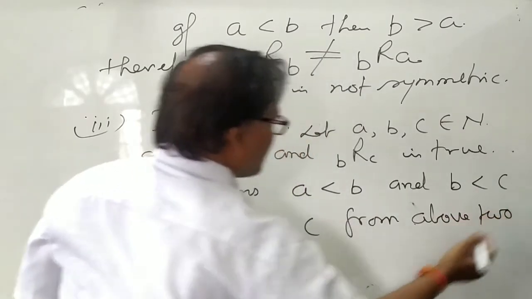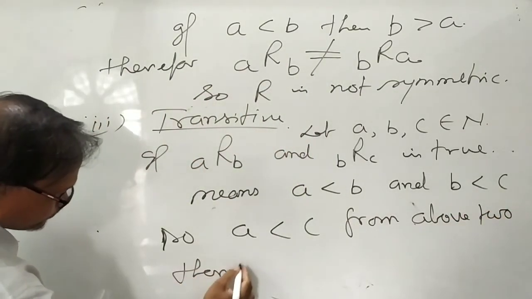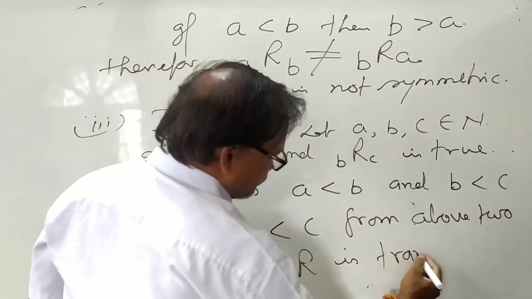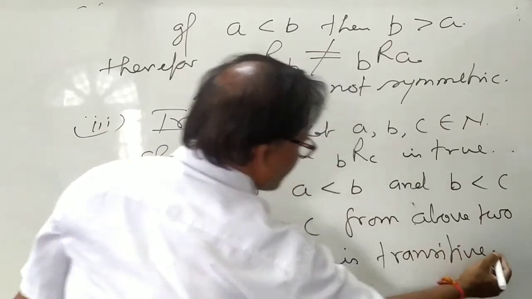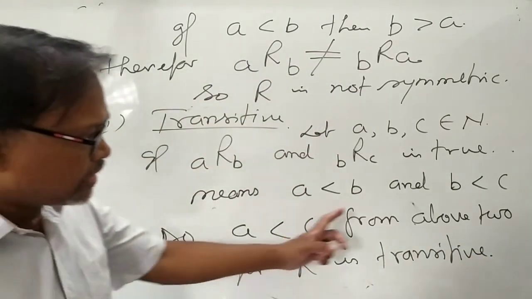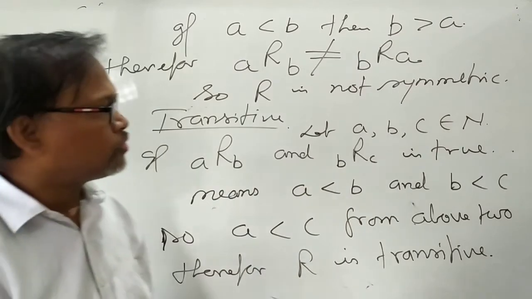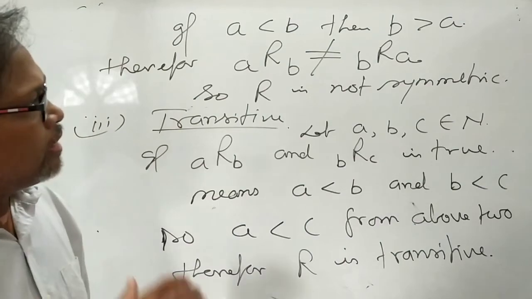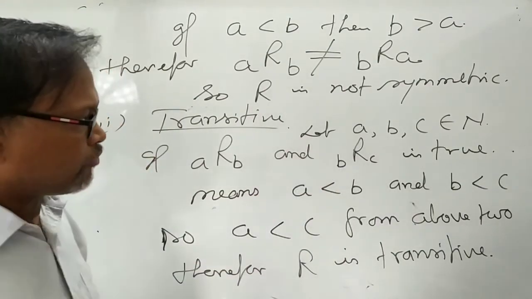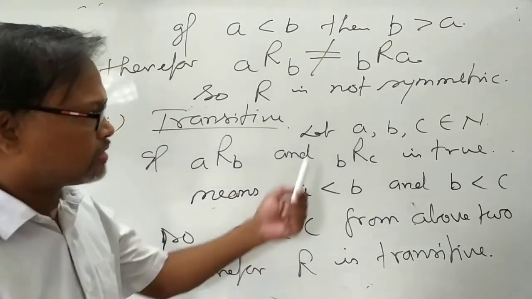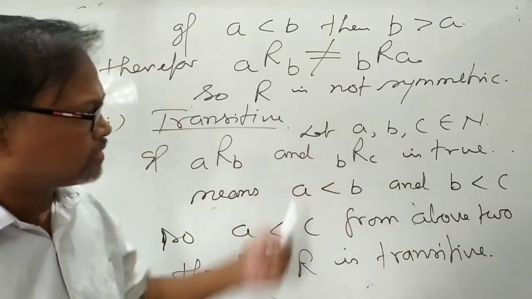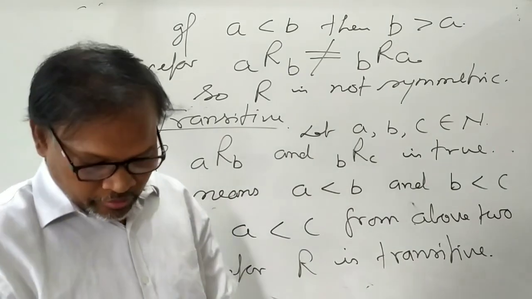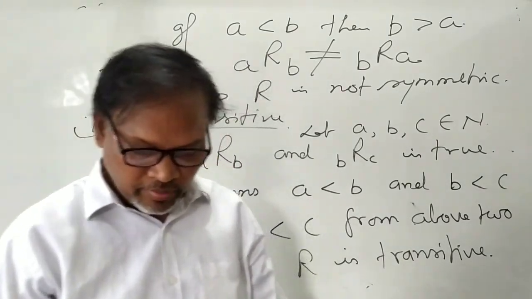Therefore, R is transitive. तो ये जो वैल्यूज है उनको एक्चुअली you will not consider as 1, 2, 3, 4, 5, 6, because in every question if you let the variable, from the variable you can say that this is transitive, this is symmetric, so accordingly you have to do the questions. And these questions are very simple, very easy.